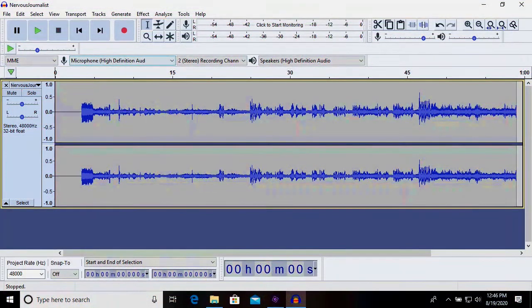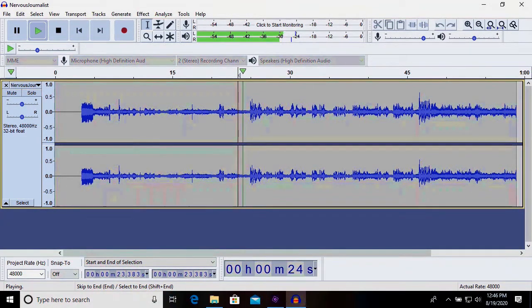And so I can just play something in Audacity to show you how easy it is. You can put your cursor anywhere you want, and then hit your space bar, and it plays that